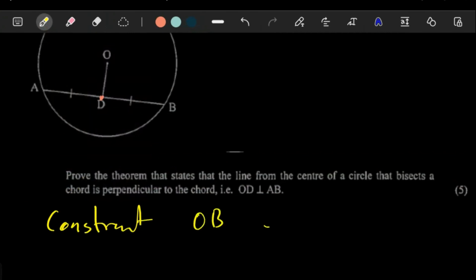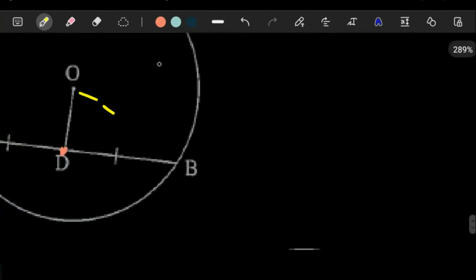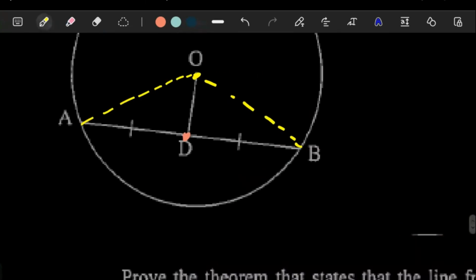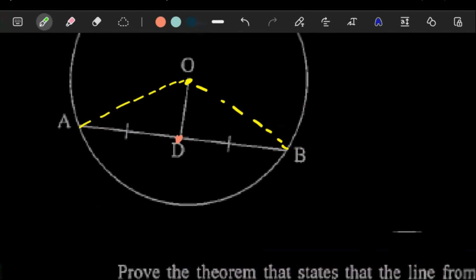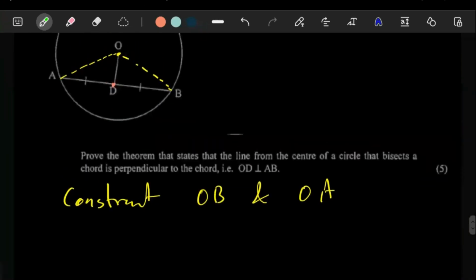OB and OA. So what you're doing with these constructions is you want to prove that these two triangles are congruent. Now, the moment you prove that the triangles are congruent, you would have proven that either of the two angles is 90 degrees. So for congruency, you have to prove that three things are equal, but not three angles. So here you're going to say in triangle ADO and triangle BDO,